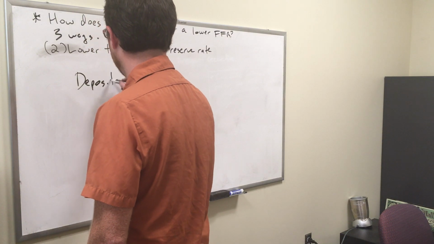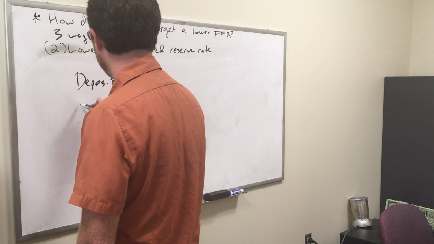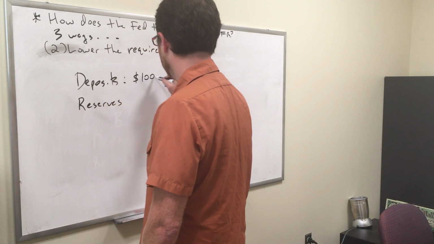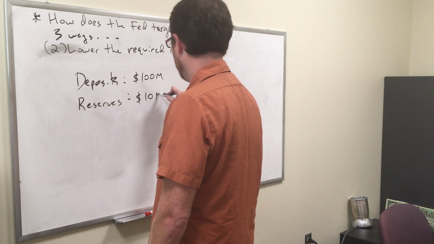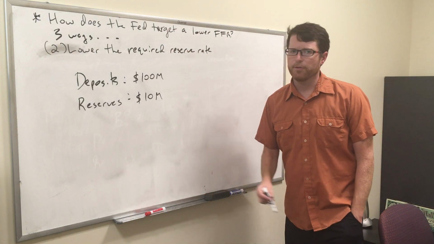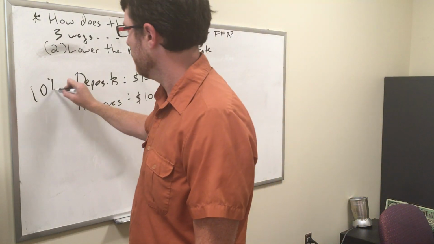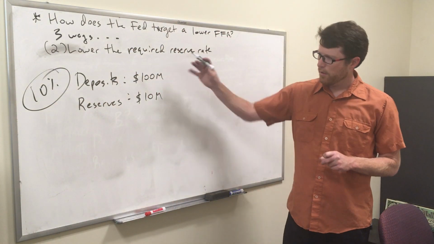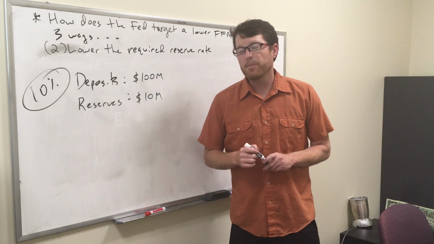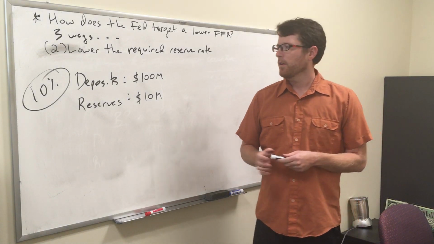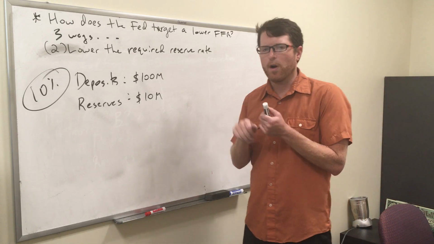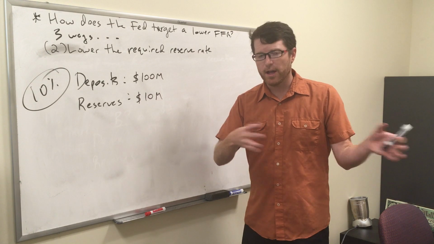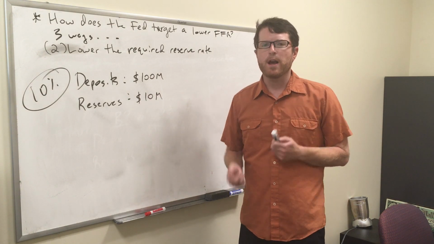So if we think back to that same example we just did, this is BB&T. And this is the scenario they're in, with a 10% required reserve rate. What's going to happen in this situation is, if all the banks are like BB&T, it's probably going to be a good bit of borrowing from banks to banks. This bank is right up against that required reserve rate of 10%. So they may decide they need to borrow some money. So there's going to be a lot of borrowing from banks to banks, probably a pretty high federal funds rate